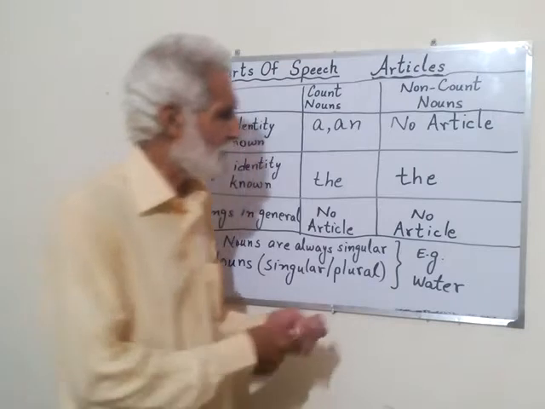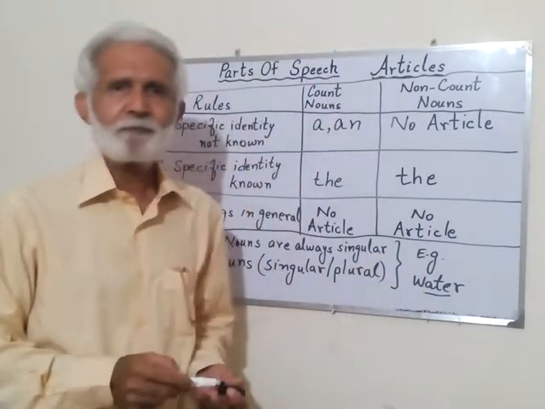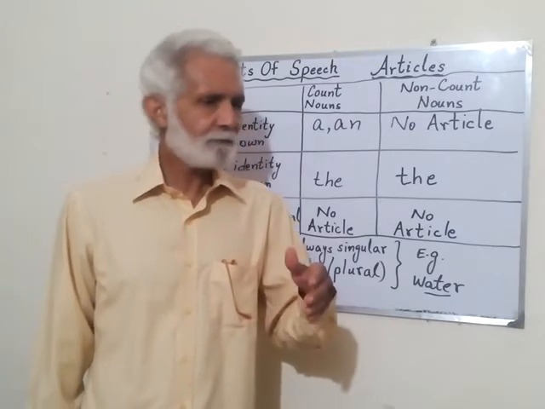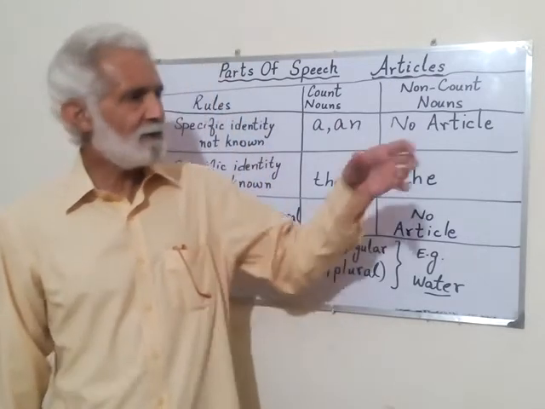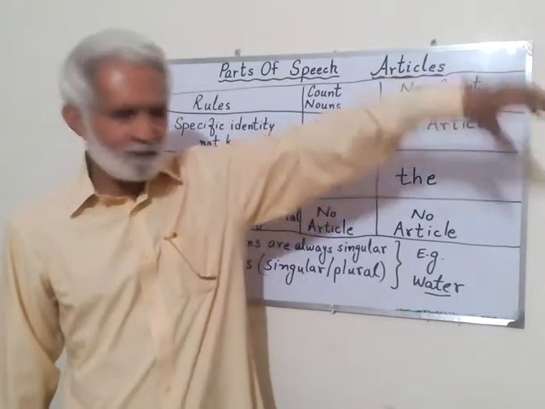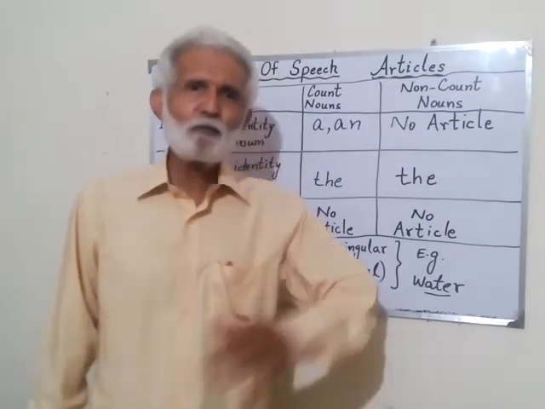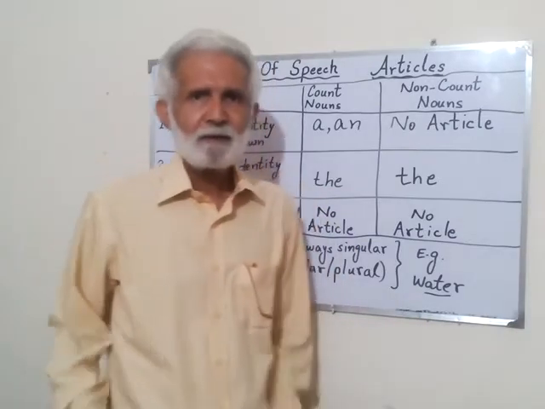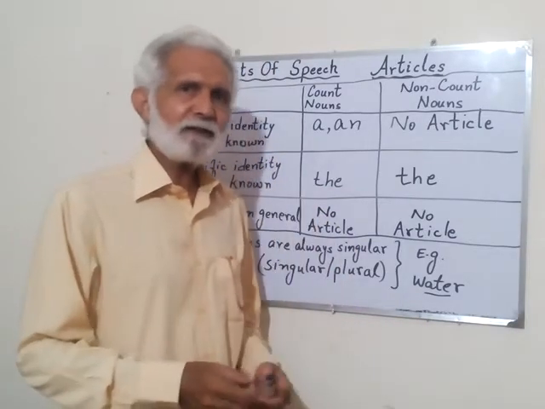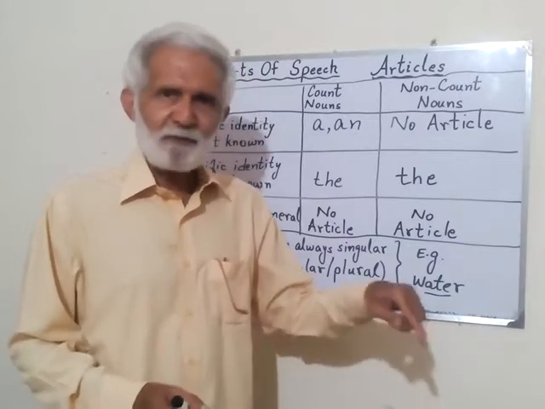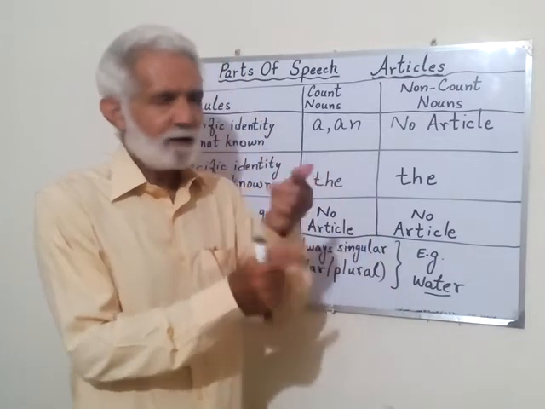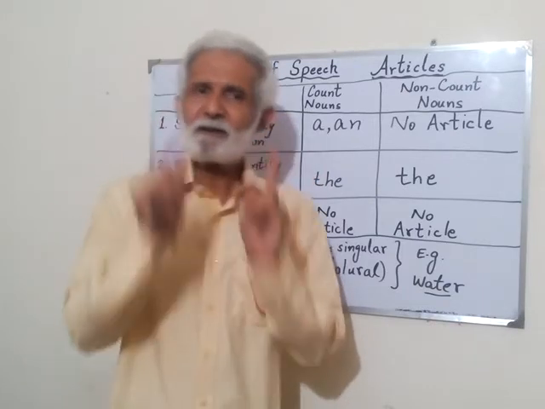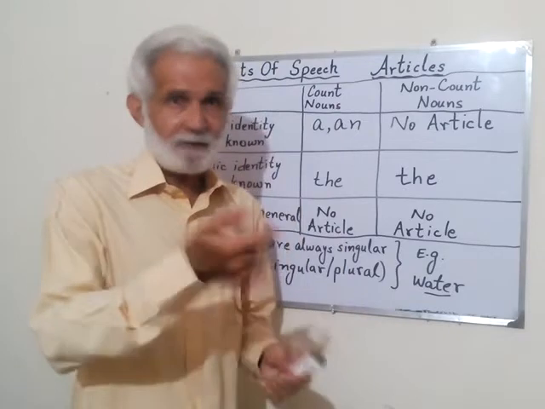Like, I give you an example. Suppose water. If I take a glass of water and pour the water like this on the floor, then water is there, and that water is not countable. But if I just dip my finger in that glass of water and there is a drop of water, then I will say a drop of water. It means 1 drop. And then we can count.